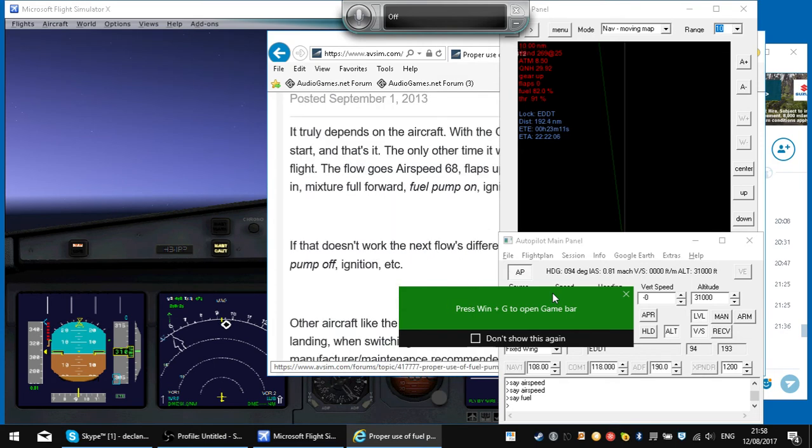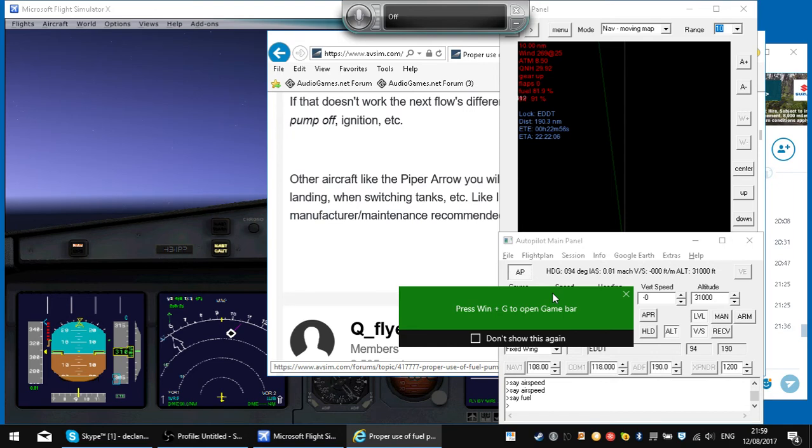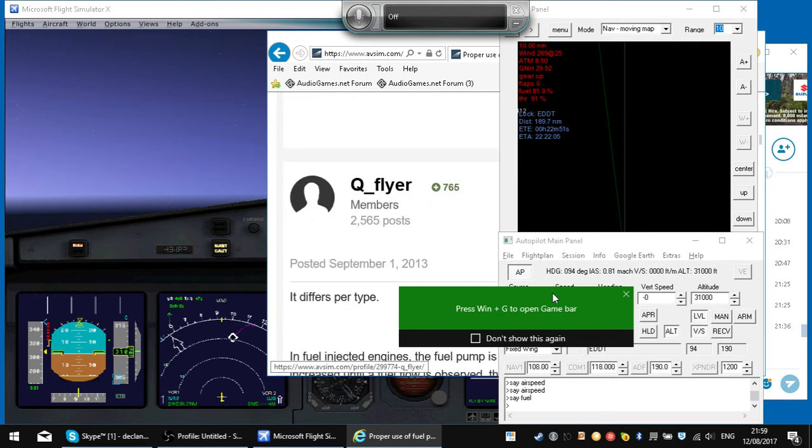list link posted September it truly depends on the aircraft dot with the C172 comma we only use the fuel pump to prime on start comma and that take as a dot the only other time it would be used is during an engine failure in flight dot to flow goes airspeed 68 comma flaps up comma landing site comma fuel selector both comma fuel shut off and comma mixture full forward comma fuel pump on comma ignition both left parent start if not windmill in right parent dot if that doesn't take T word the next flow take as difference is mixture cut off comma off other air when switch recommend 1 heading level 3 link Q1 recommended stop